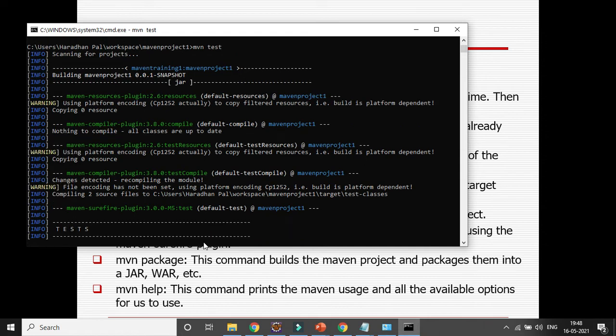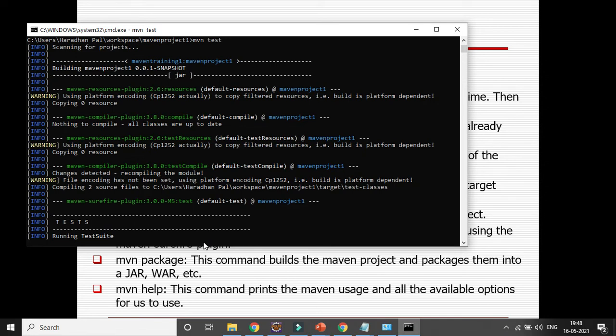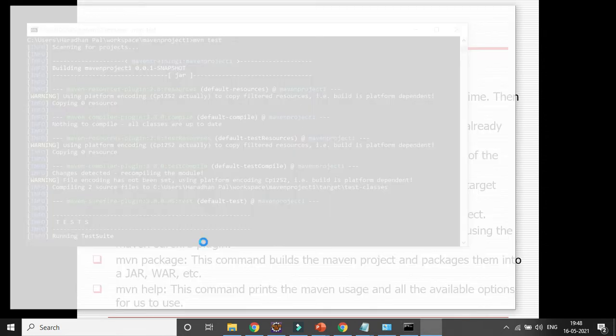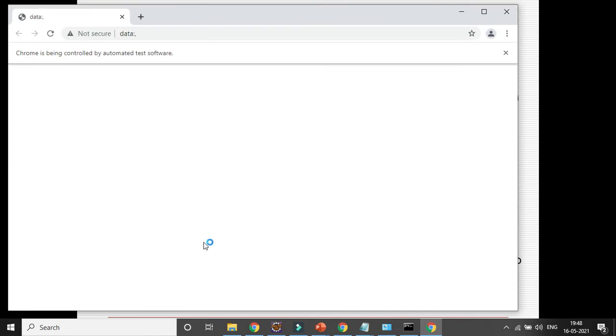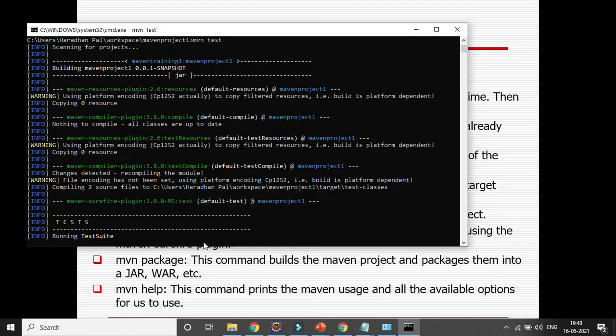You can see it is starting with the test. Everything is checked, so it is fine. Now it will open the Chrome browser and launch the Google page, based on the class 2 we have added. And it will give you the result here.